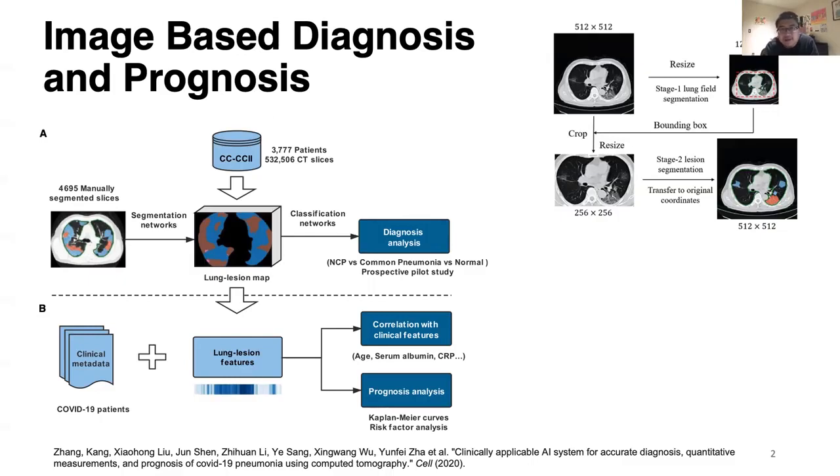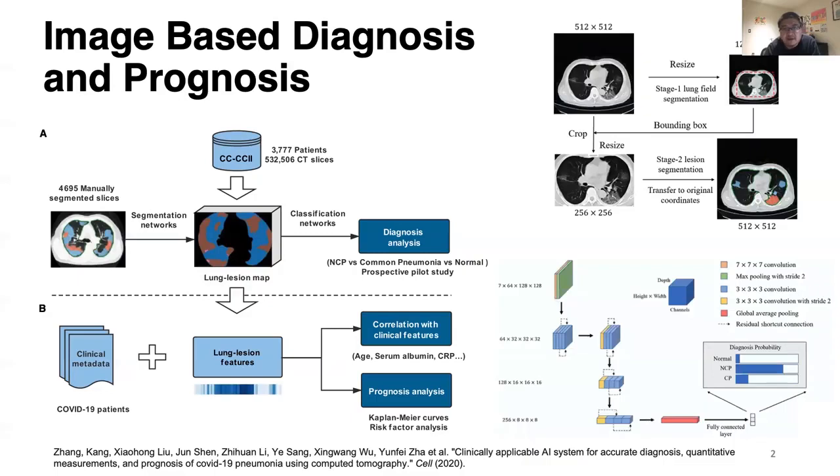In the second stage, they calculated the bounding box with the lung field segmentation results. The key region was cropped from the original input image and resized to a 256 by 256 level as the input for the second stage segmentation. And